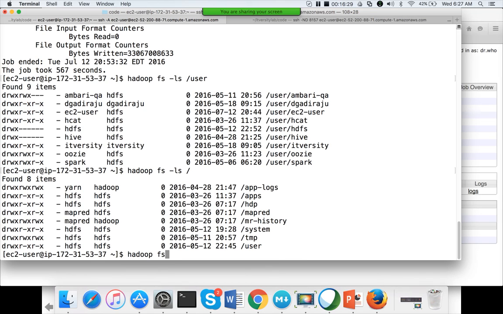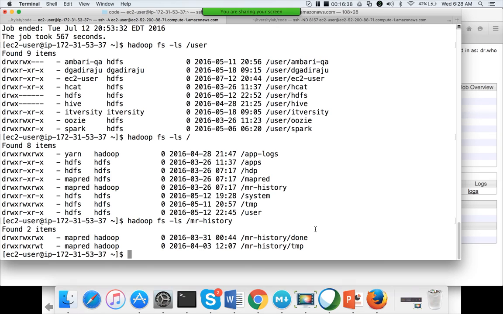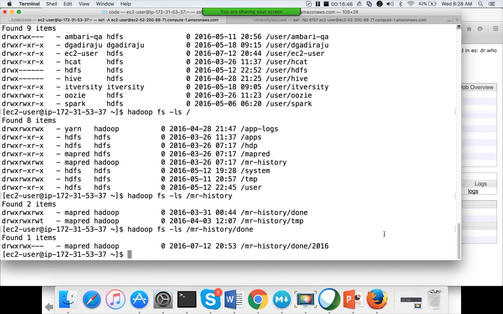Now if you say hadoop fs -ls mr-history and hit enter, you can see there is a directory called done here. The way you can search is hadoop fs -ls -R.